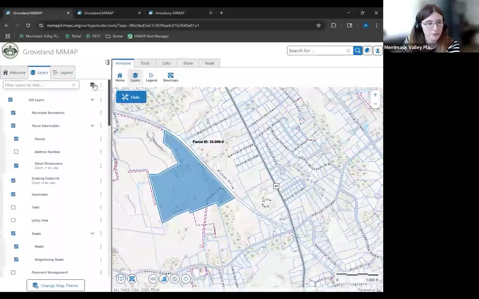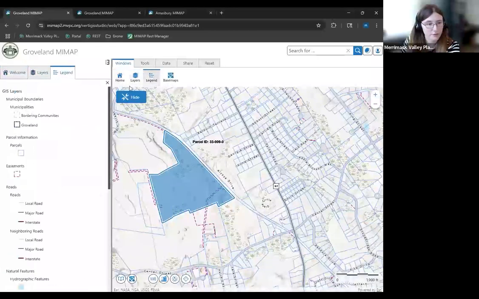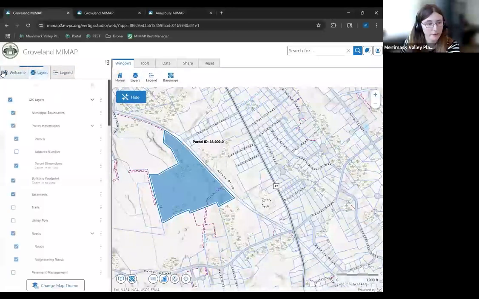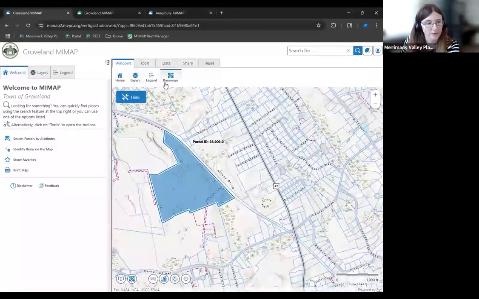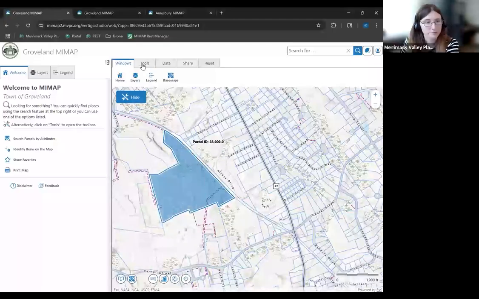You can also focus on each individual page if you don't really remember where they are, because there can be multiple tabs here that stretch across the screen, so it can get a little messy over time if you have a lot of things open. Base maps just brings up your little base maps down here, just in case this little button's not super obvious.